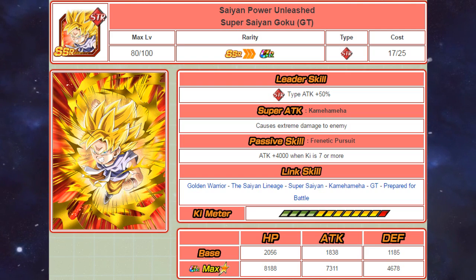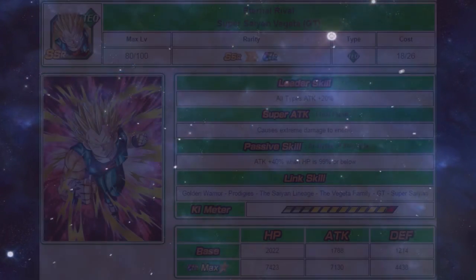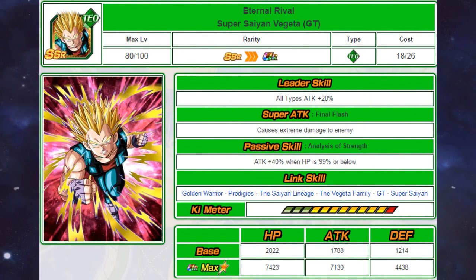But overall he is a decent unit, but there are definitely better options for a mono STR team. So if we now move on to the GT Super Saiyan Vegeta, his leader skill gives a 20% attack boost to all types, he causes extreme damage, he gets a 40% attack boost when HP is 99% or below, and